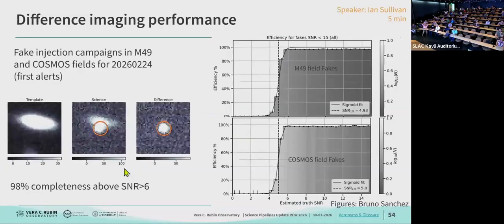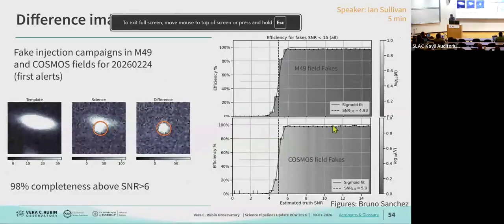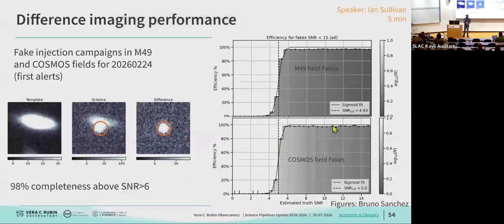All right, I will talk to you a little bit about the image differencing and the changes again from DP1, and also some changes from DP2 to what is in the alerts now. First off,